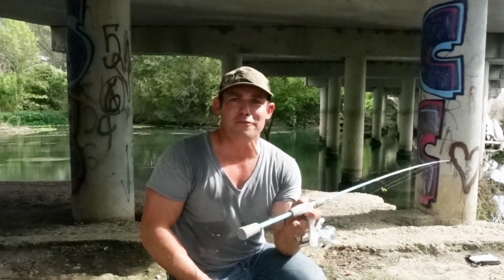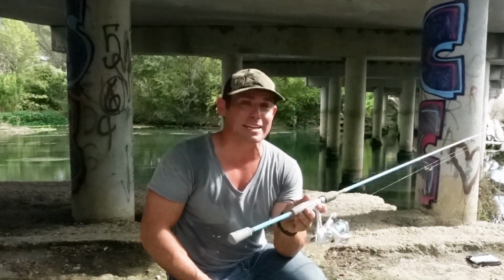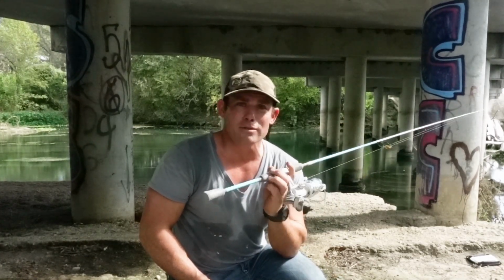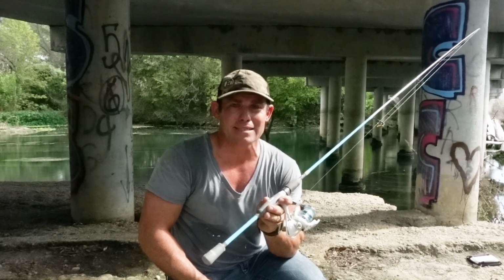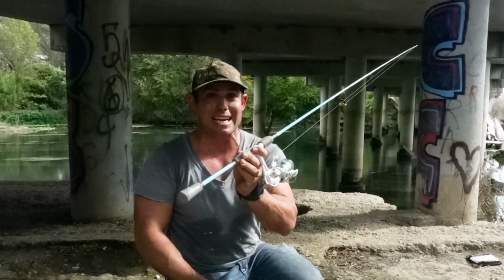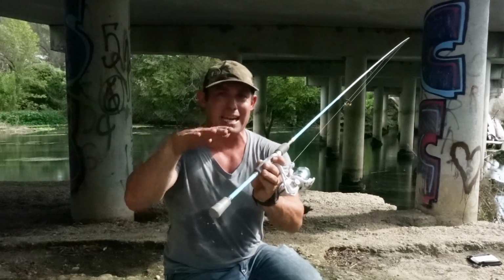I was down at the river and I just was out fishing and I had this thought come into my mind. Why do I fish with the rod lengths that I do for my ultralight fishing stuff? I like going for panfish, I like going for bass. So with my ultralight techniques and the line sizes that I use, I kind of try to stay in an